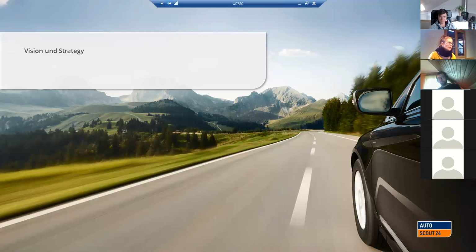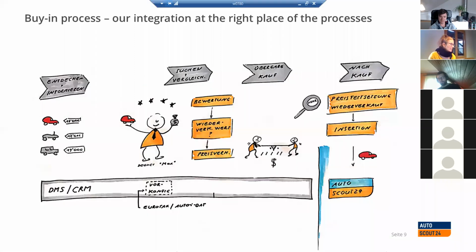Okay, so let's move on to vision and strategy. Why is the DMS API important for us and for our customers? Here is one example. I'm sorry, it is in German, but one advantage of our DMS API is the integration at the right place of the processes. It means we can integrate our products at the early stage of the dealer's processes, and not only if the vehicle